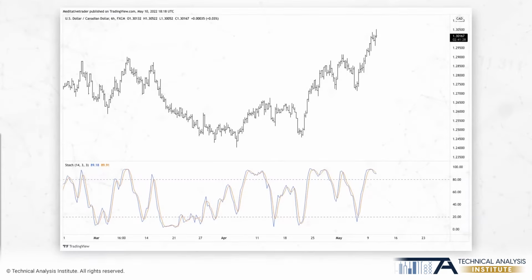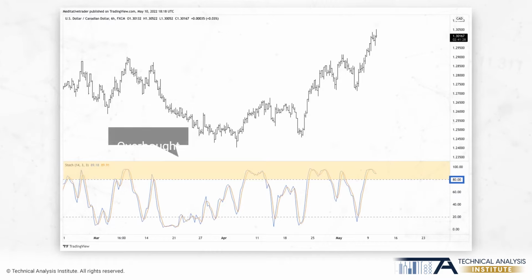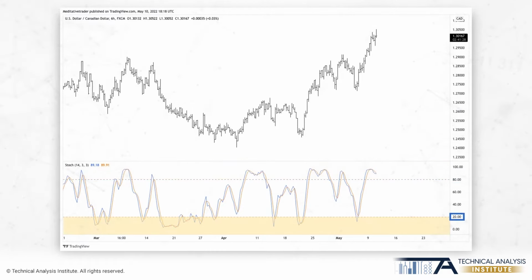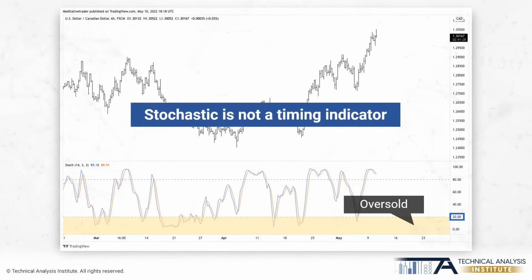When the stochastic goes above the 80 area, it indicates that the market is overbought. When it comes below the 20 area, it indicates that it is in the oversold zone. The problem is that being overbought or oversold doesn't necessarily indicate that now prices are going to move in the opposite direction. In other words, stochastic is not a timing indicator. And sometimes, when there is a sustained move in a specific direction, stochastic may remain in the overbought or oversold